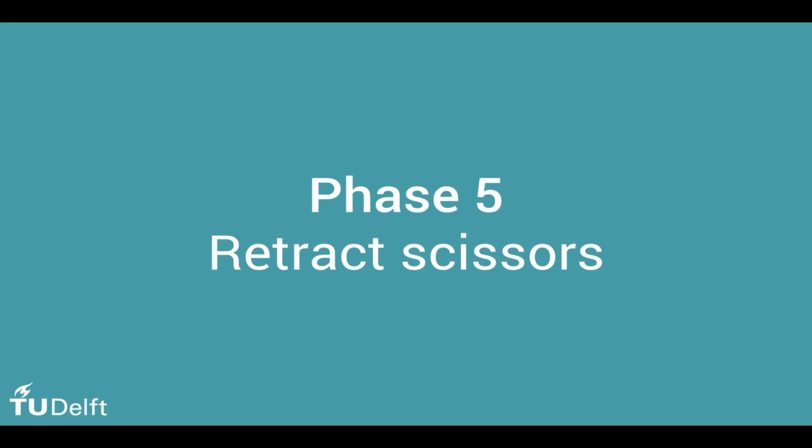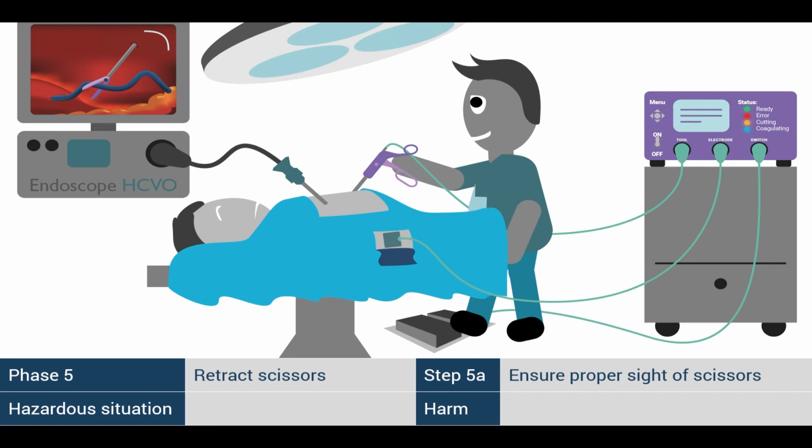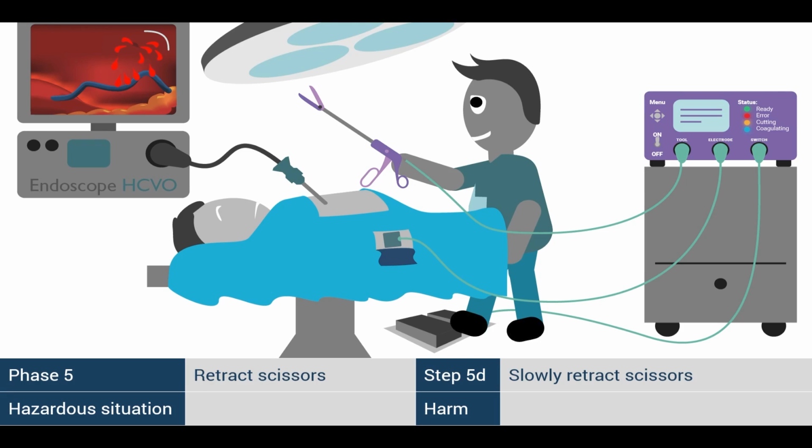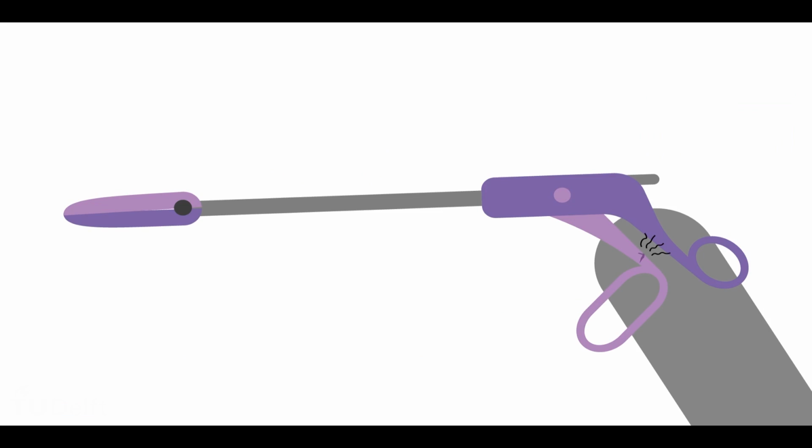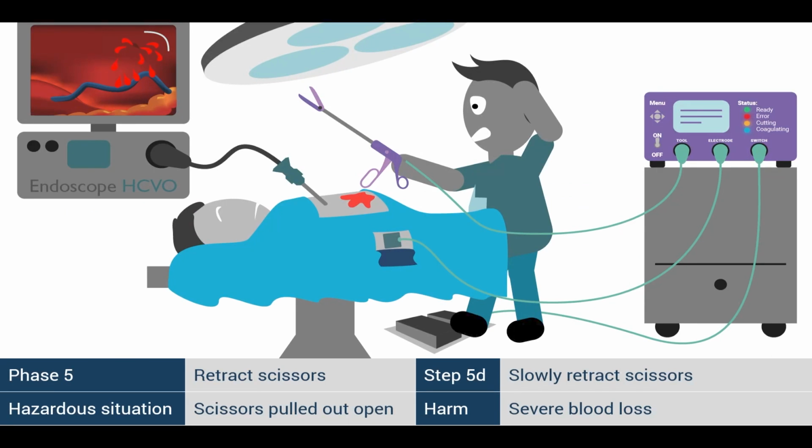For phase 5, retracting the scissors, imagine you are having the laparoscopic camera inside the patient in a position to see the scissor jaws. That's perfectly according to the prescribed step 5a. And then you retract the scissors and they move out of the image and you see blood dripping into the image. You look at the patient and see that you were so focused on keeping the jaws closed that you squeezed the handles real tight and one of them bent, releasing the closing mechanism and causing the scissors to open by themselves. Due to that, the scissors tore a large artery and enlarged the skin incision with the open scissors.